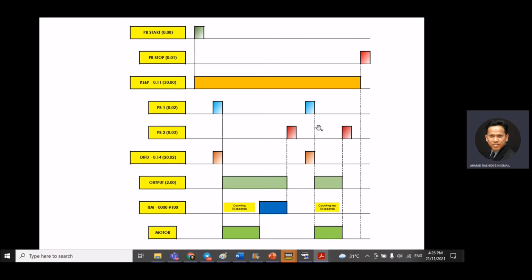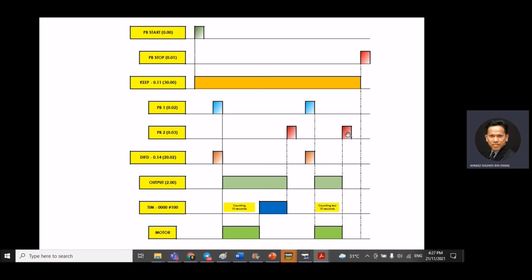In this section, as shown here, when I press push button 1, the DIFD or differentiate down instruction will activate. In this case, I press the normally close push button 2 immediately. We can see that the counting is less than 10 seconds.